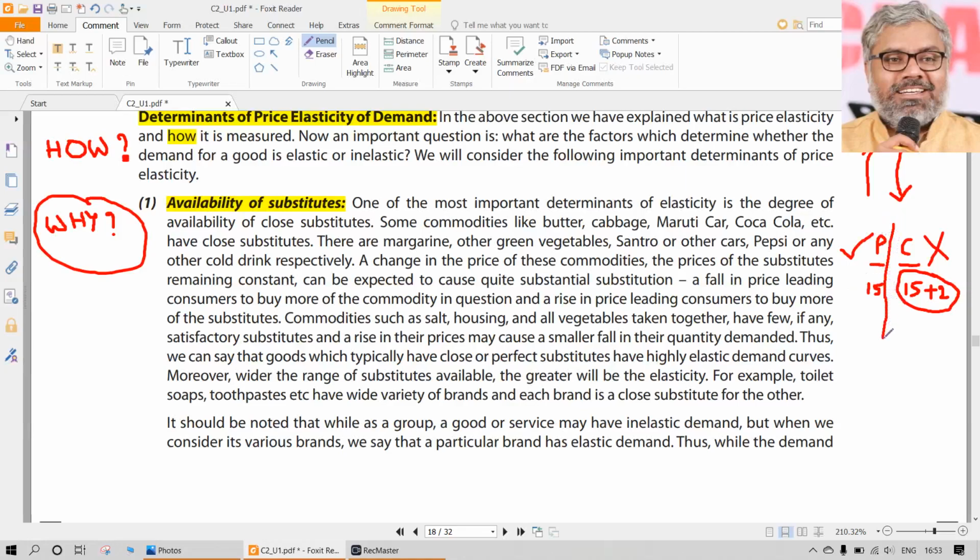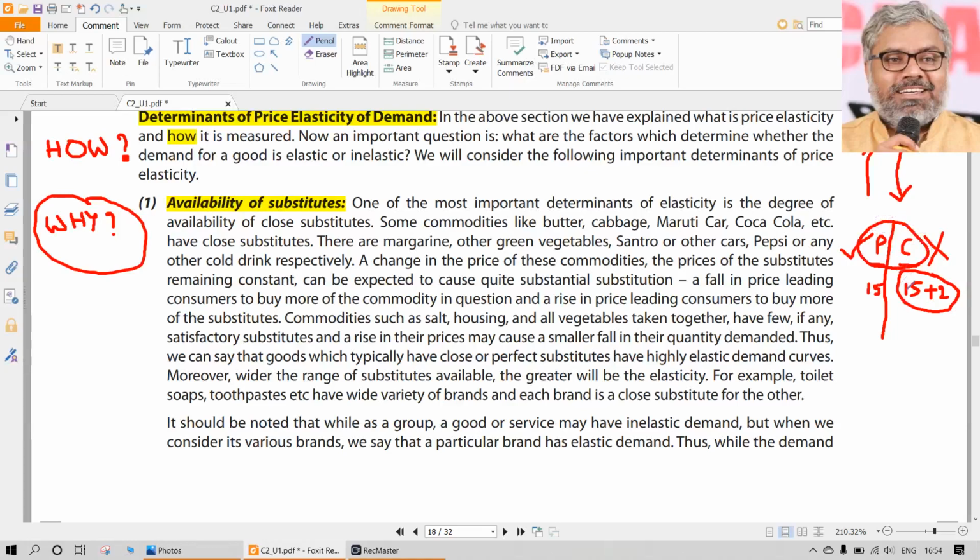Why is that? Why does that happen? Most of the people will do that. Some of you may say, sir, no, I don't like Pepsi, I like only Coca-Cola, I will not choose it. Exceptions apart, exceptions will always be there. But most of the people, most of the consumers will shift from Coca-Cola to Pepsi because the price of the Pepsi is cheaper and the Coca-Cola has become costlier. So why is this happening? Understand this. Because these two are close substitutes.